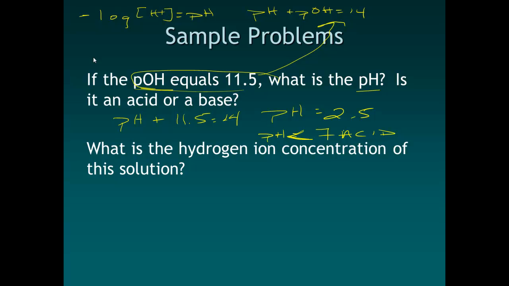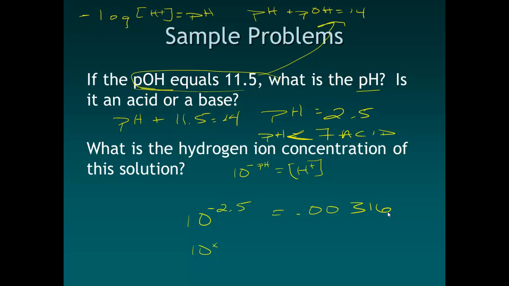The follow-up question is, what's the hydrogen ion concentration? Well, that's what we just practiced on the last slide. If I want to get the hydrogen ion concentration, I do 10 to the negative pH. And that's going to give me my hydrogen ion concentration. So I would do 10 to the negative 2.5. So again, you're using that anti-log. You want to use that 10^x key. And if you do that, and work this one out in advance, what you get is